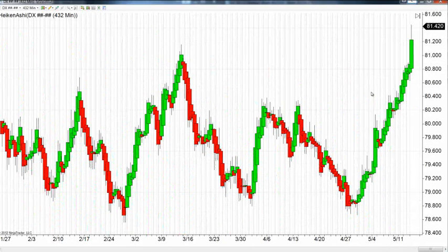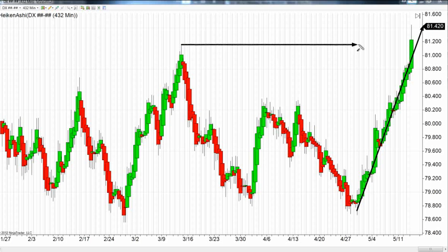One of the things that you'll notice is really the absolute strength that we've had here. To do that, I'm going ahead and blowing this chart up. But what you can see is an unobstructed move to the upside in the dollar index since the end of April, from a low of just above 78.60. And you can see that it's climbed quite substantially. Once again, I'm trying to line it up as straight as possible, but as you can see, it has clearly broken above any kind of resistance it might have found there